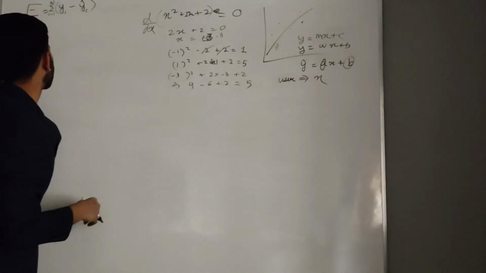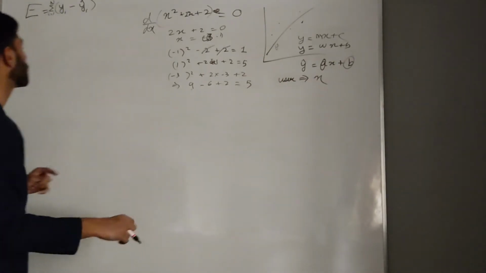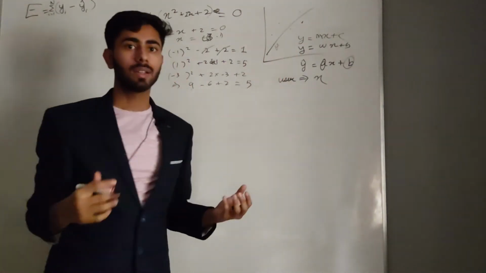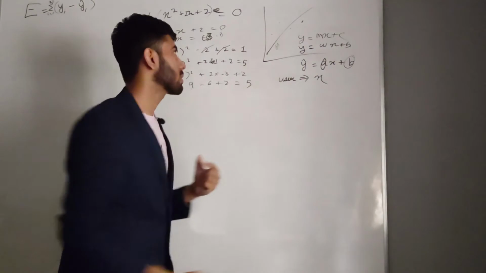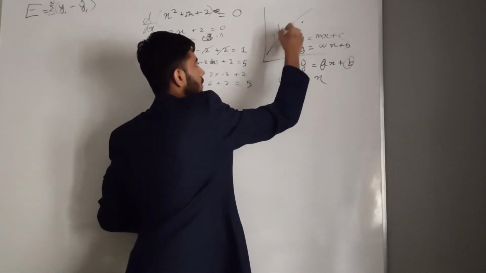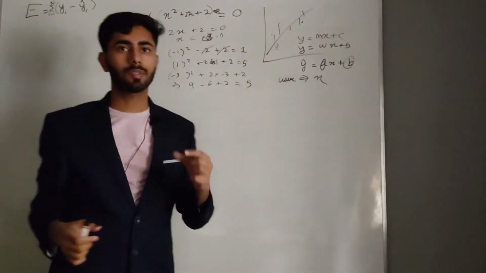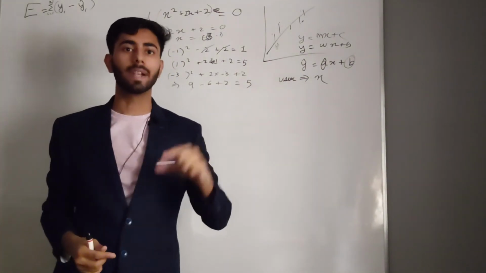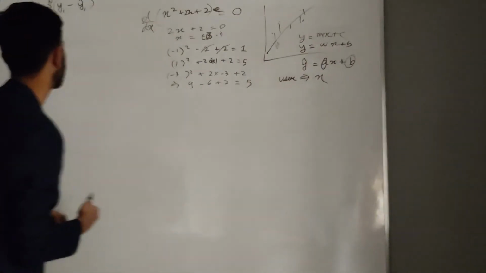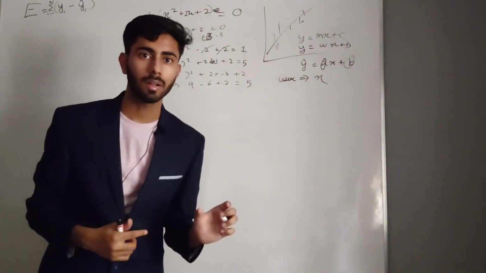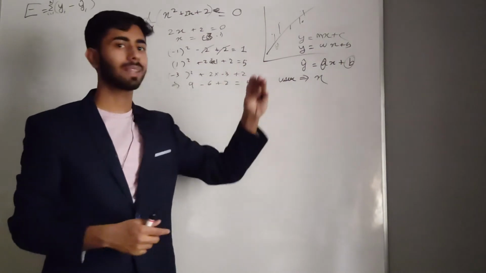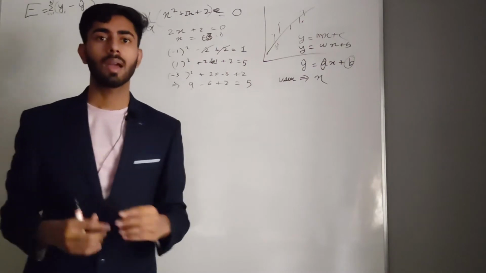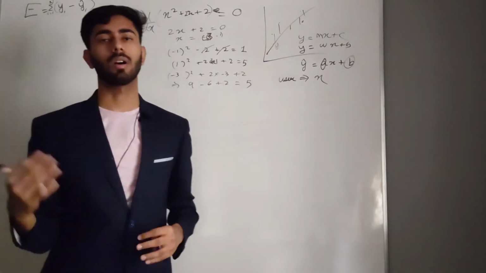And why are we calculating the minima? We are calculating the minima because we want to find the least value of error. We want to find a line that gives the least value of error, because if a line provides me the least error, it means it is passing through the data set better than the others. So I have to find the least value of error, and if I have a line that gives me the least value of error, it means that the line is passing through all the data points much better than the other lines.